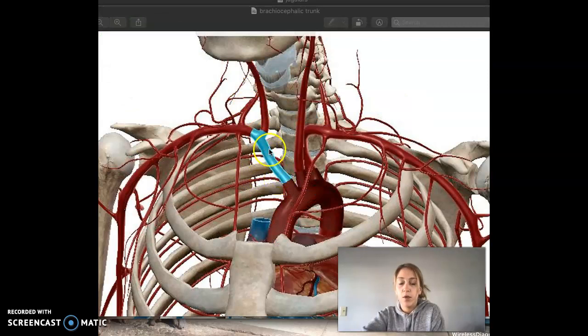And then here we have the brachiocephalic trunk. So as I mentioned before, this branches off of the aortic arch, which turns into, up here is the right carotid, and then it goes into the right subclavian down to the axillary artery. So this is the brachiocephalic trunk on the right side, and on the left side it is over here. Can't really see it too well, but it's over there. And